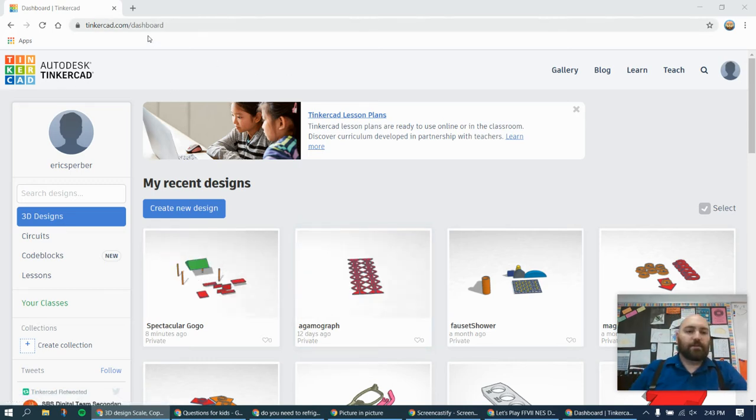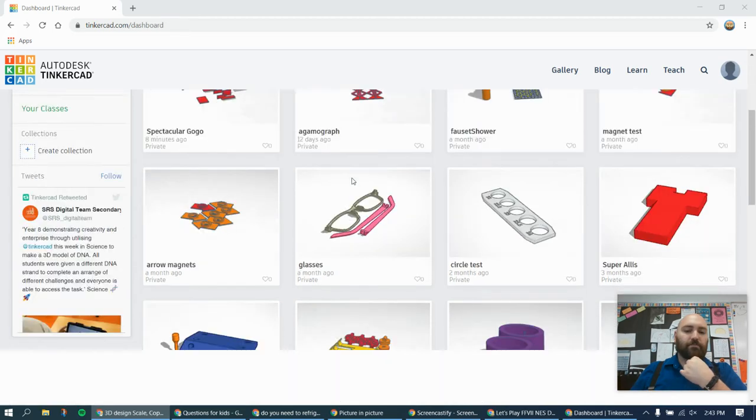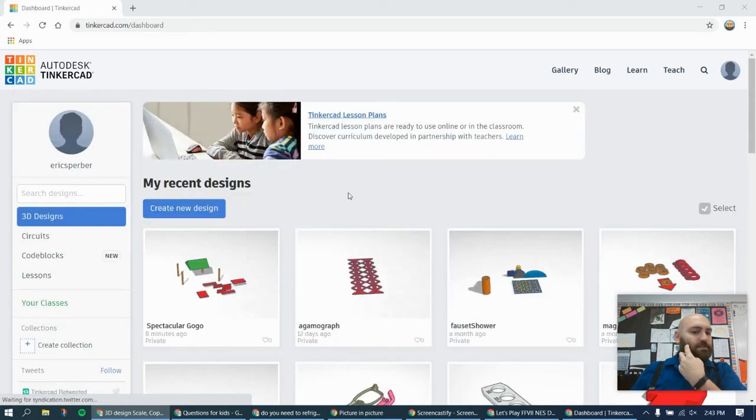Once you navigate yourself to tinkercad.com, it will ask you to log in. And once you get logged in, you will see this screen right here. Now, I have a bunch of projects on here already. It's nice because it all automatically saves any of the work that you do. But for today, I'm going to click Create New Design and show you around some of the basics of the